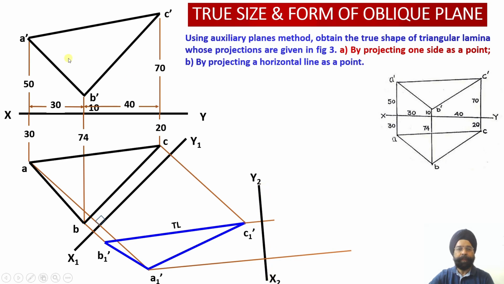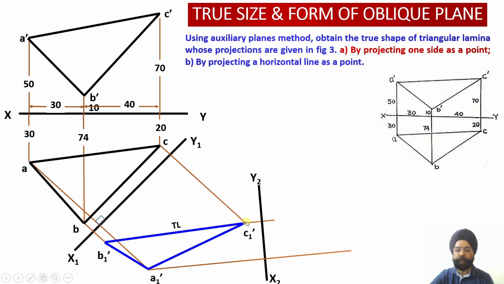Now you see, my first projection was elevation, second projection is plan, third projection is elevation. Now my fourth projection will be the plan one. So it is always alternate: elevation, plan, elevation and plan. Now this is the second auxiliary plane which I have drawn perpendicular to the extended line of the true length which I had obtained in step number 1.